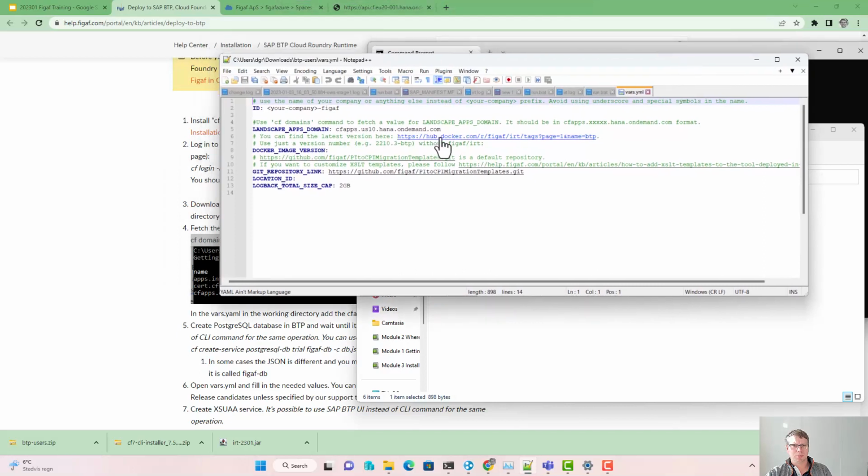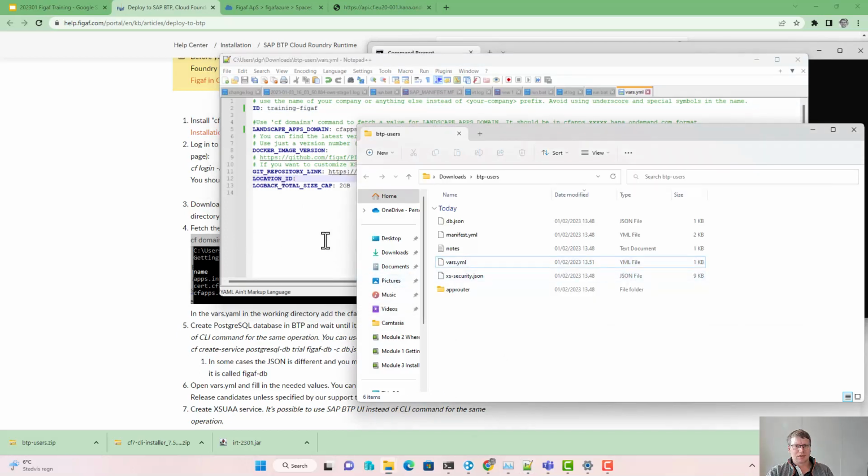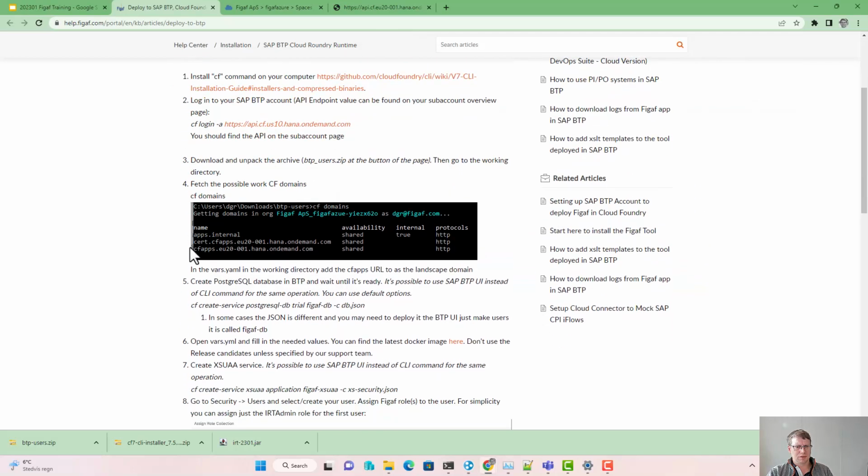And here we can put in this landscape domains here. Your company, then this is the name of this application that you will get externally. So Figaf sounds a little training, so we'll just call it training. And then we can select the GitHub repository, and if we have Cloud Connector set up here. That is actually enough. Next up is we do have some commands that you can run to create the database,